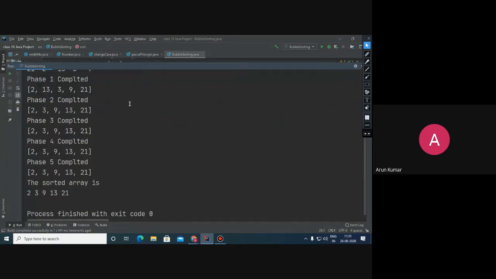After the first phase completed, we got the largest element at the end. And now in the remaining elements, the largest is 13. So in the second phase, 13 has come at the second last index. And in the remaining, 9 is largest. So in the next phase, 9 is here. In the next phase, 3 is here. In the next phase, 2 is here. Finally, the array is sorted. This is the sorted array, which is this one.